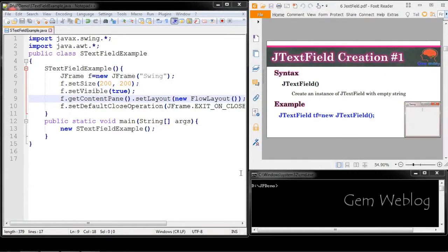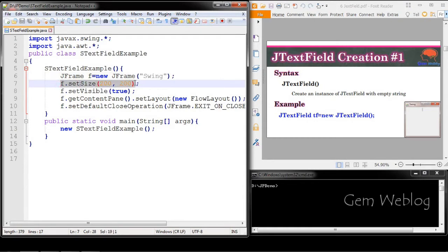Before we start our demonstration, we will see the basic code to create a frame and display it. First you have to include the necessary package. Next you have to create a public class, and then inside the class define a constructor. Inside the constructor you have to create the object for JFrame.